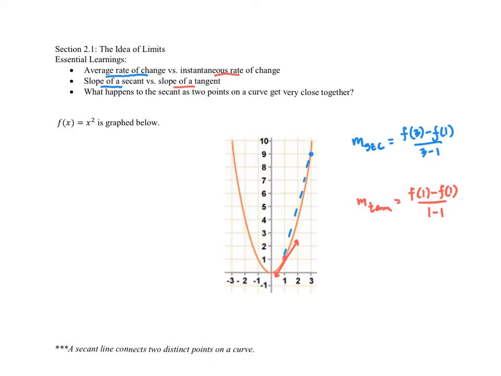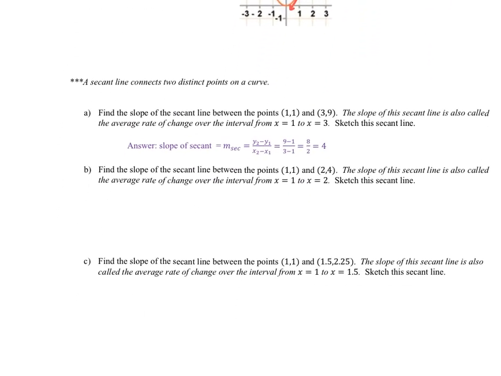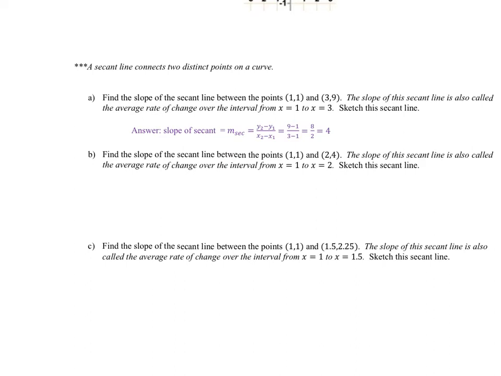So let's get started. A secant line, as it says here, connects two distinct points on a curve. So we're going to find the slope of the secant line between the points (1, 1) and (3, 9). Well, we just about did that. We set it up. We took y2 minus y1 over x2 minus x1, which was 9 minus 1 over 3 minus 1, which is 8 over 2, which gives us 4. So the slope of the secant line that I drew up there in blue would be 4. So on the interval from 1 to 3, the slope of the secant line is